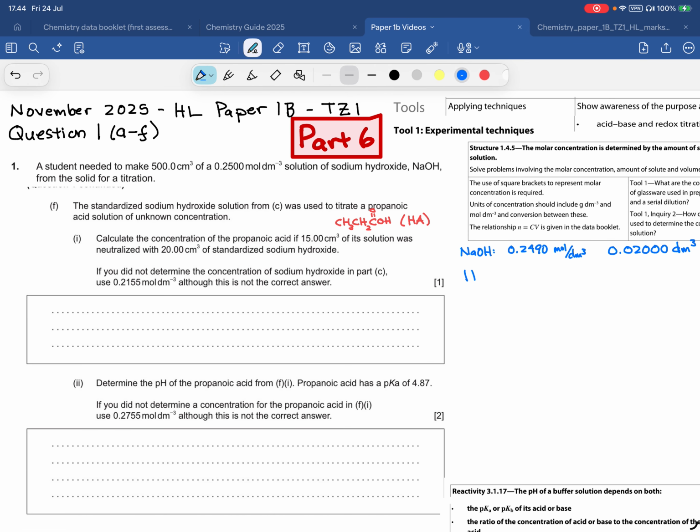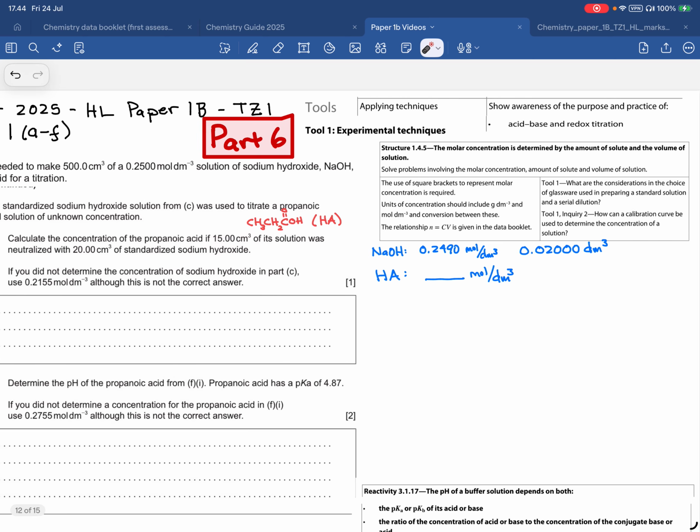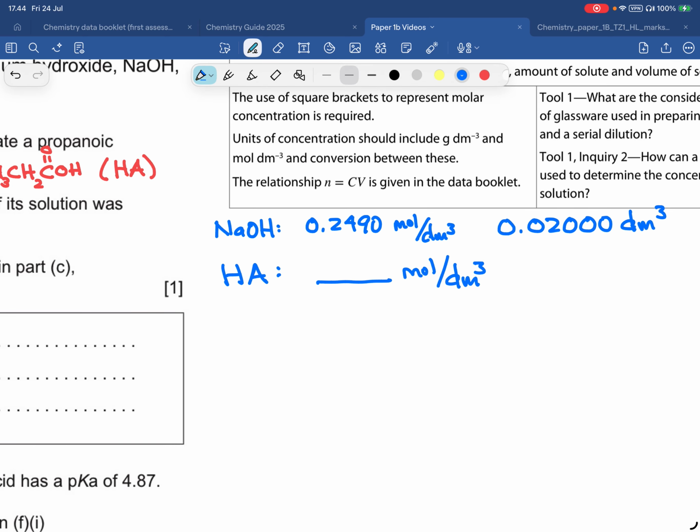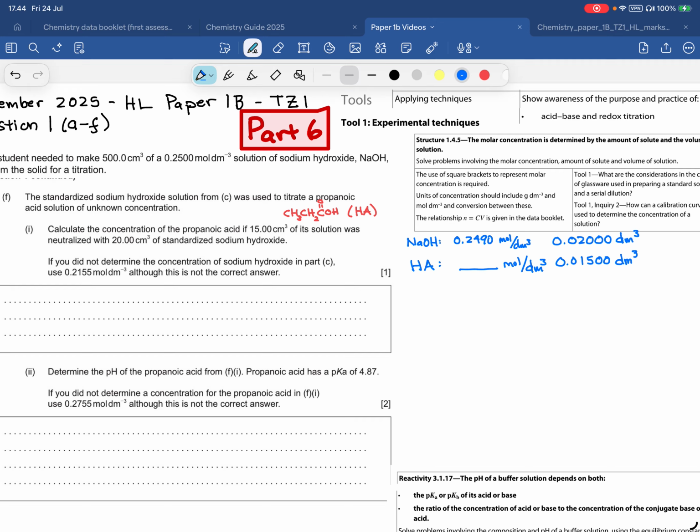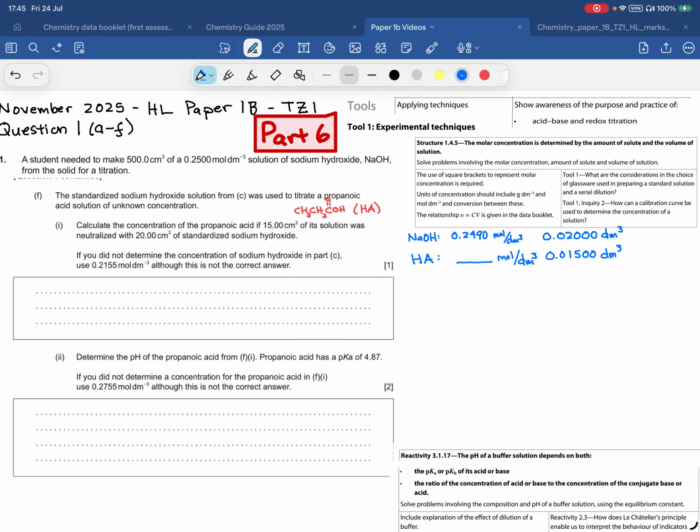So my propanoic acid is going to be some unknown concentration. I do not know what it is, but I do know that it was 15 centimeters cubed. I'm going to go ahead and put that in decimeters cubed, 0.01500 decimeters cubed. All right, now at this point you need to make sure that you understand what the stoichiometry